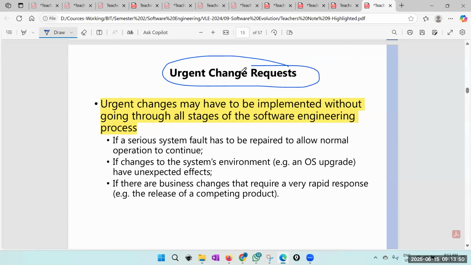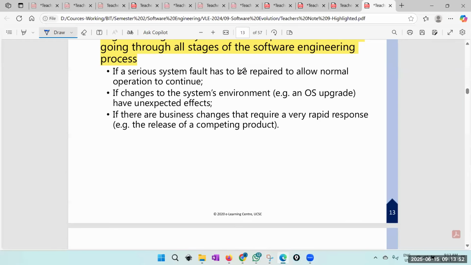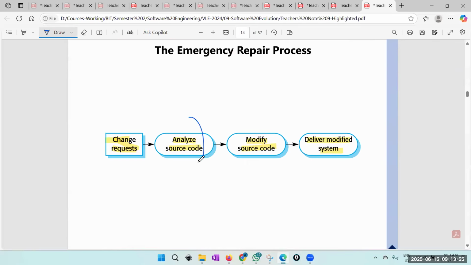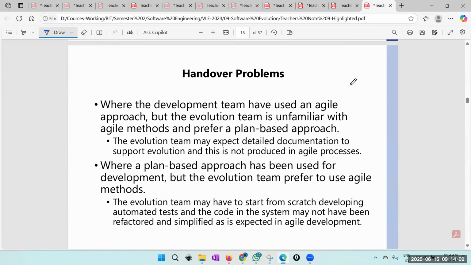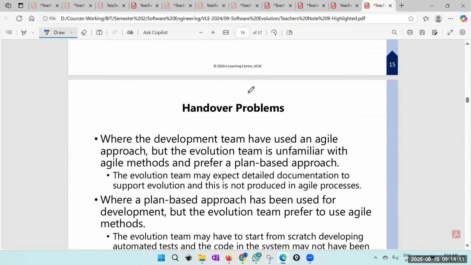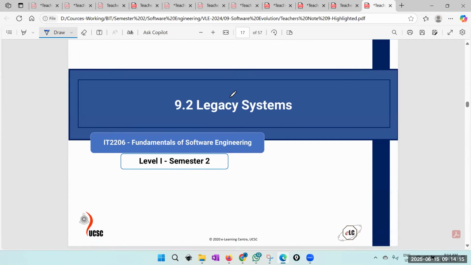You need to quickly fix it, like a quick bug fix and so on, right? So then just analyze the source code, modify, and deliver. You don't have time, maybe the system is down, okay? So then you need to quickly do that and maybe later update your documents or requirements, okay? Right. So the changes may involve even hardware problems and other network problems as well, but those are not something